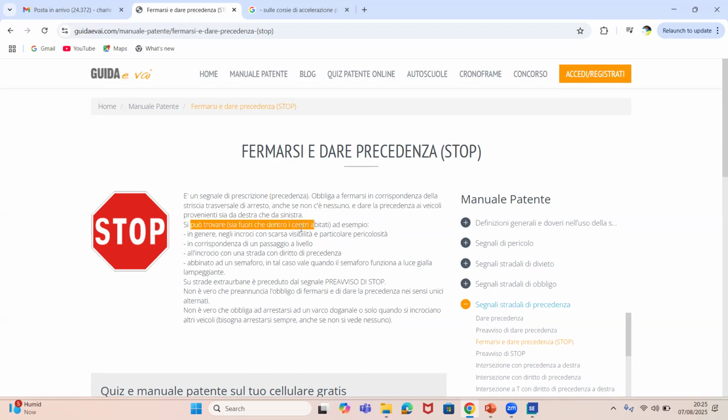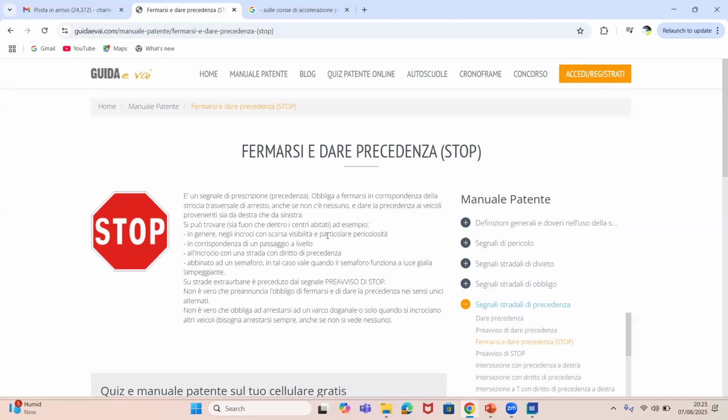Examples, where you go see them. In genere, nell'incroci con scarsa visibilità. Like I told you guys before, where they put this, why they put STOP? Because everything they put in road makes sense. They put it where you have scarce visibility, because they know that you cannot see very well. You can't see the road very well because maybe there might be a stratoia somewhere. There might be curva somewhere. Is it clear now? Let's continue.